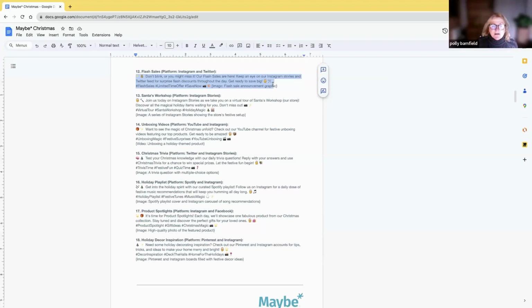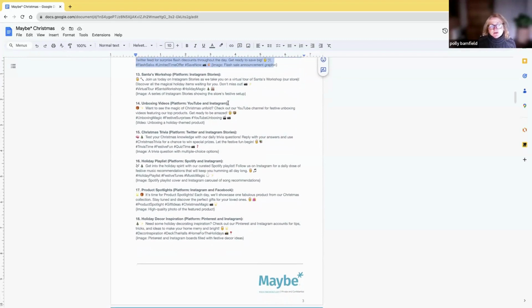So flash sale ideas, we did number 12, so we're going to go from 13 to 24. Santa's workshops. Great, obviously for physical businesses, shopping centres and councils often run things like Santa's workshops, but also, if you're a farm shop, or we've got a fashion business here, you could have a Santa's workshop for what to wear for Christmas parties. You can be as imaginative as you like with this.